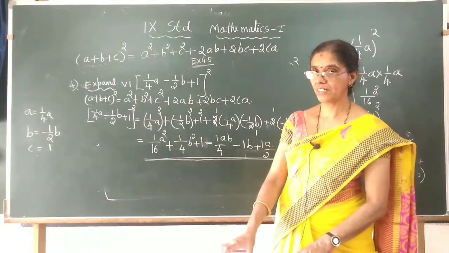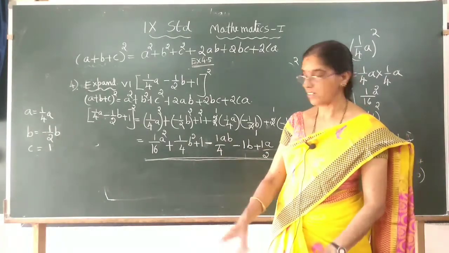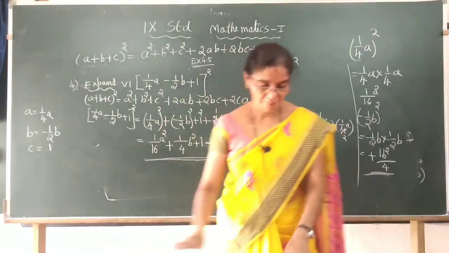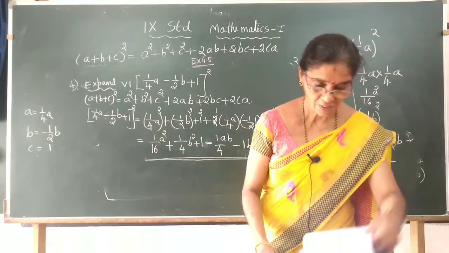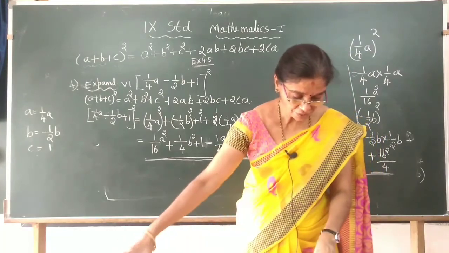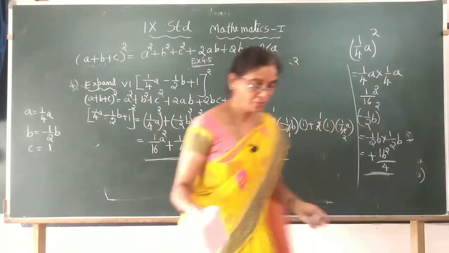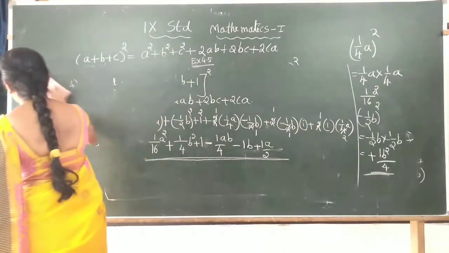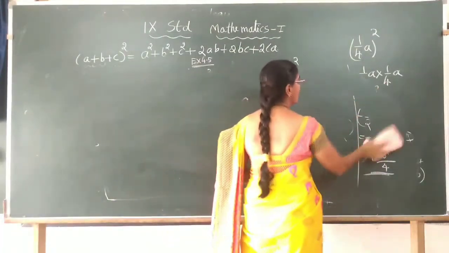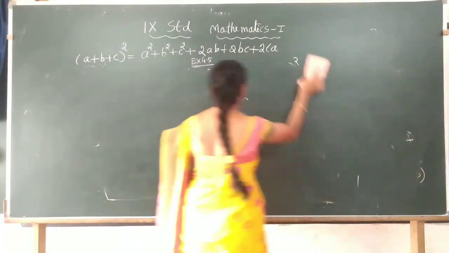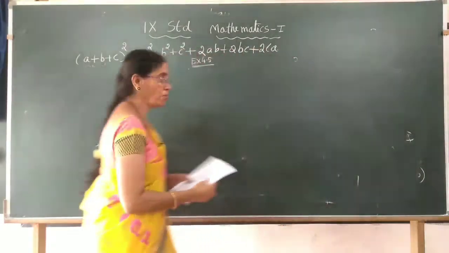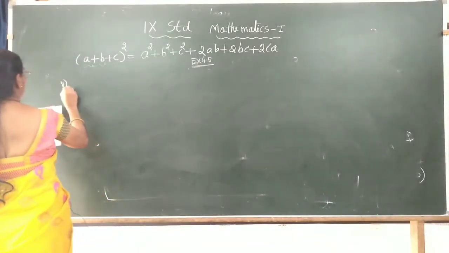Understood? Children, you should be careful with the fractions. One more type of problem I will do. If you want, shall we do the fifth one? Because there is xy, and you did all the AB problems, I will just do one problem, the last one. You can get the answer if you try, but if some of you find it difficult, I will do it.